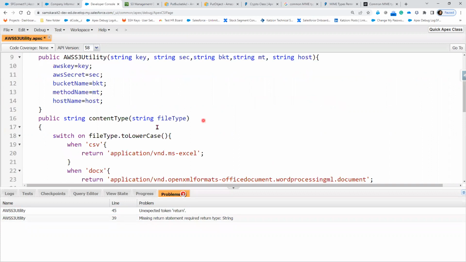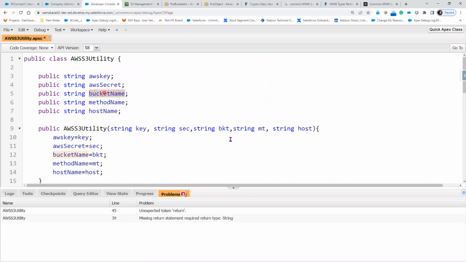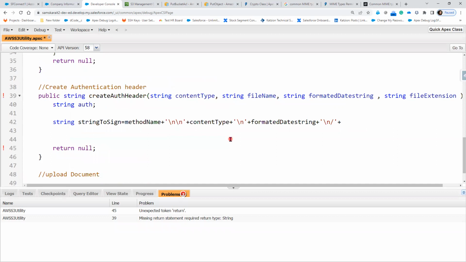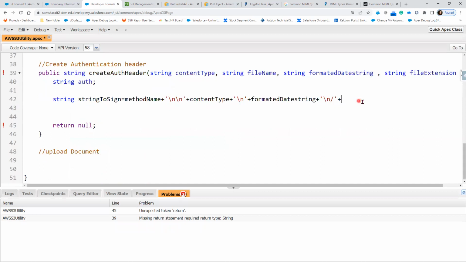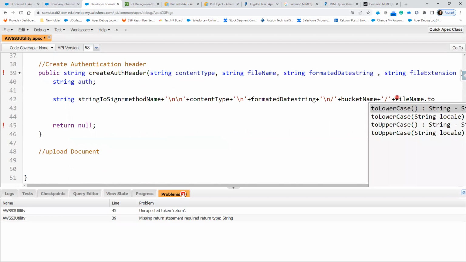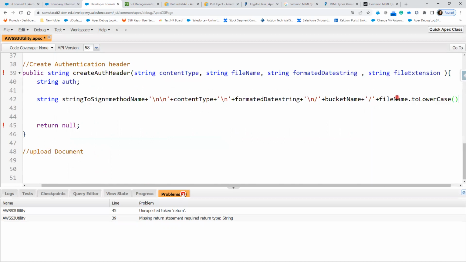So bucket name. Whatever the bucket name is there, let's put the bucket name. And after that, I'm going to add whatever the file name is there. Let's put a slash and then plus file name. File name dot, let's convert everything to lowercase. Plus